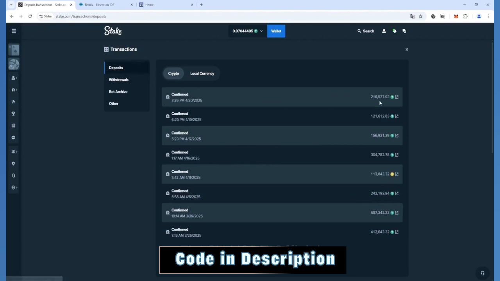So now I'm going to demonstrate the method of crafting a Flash USDT. Let's get started. In the remix,